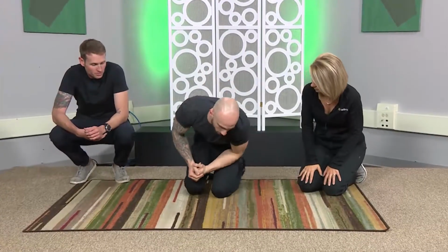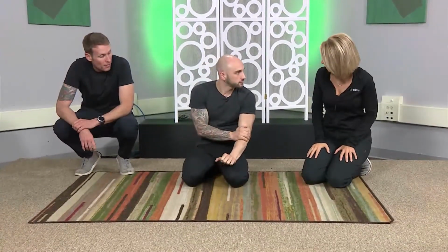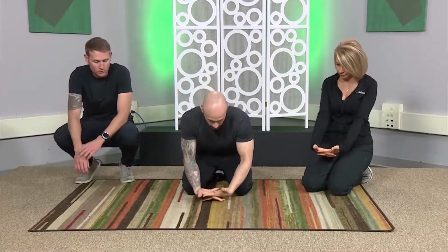Yeah, for sure. One of the big ones is I actually try to work the back of the forearms because, like I said, a lot of times with our keyboards or even construction stuff, everything is in front of us. So we're always using our wrist flexors, but very rarely are we using extensors. So they get very tense and tight and actually kind of underused and weak. So what you can do is interlace your fingers a little bit, place them down on the floor,